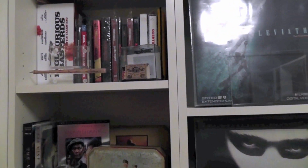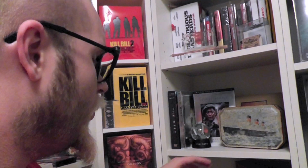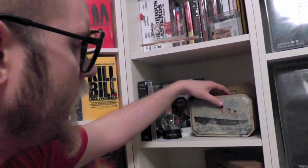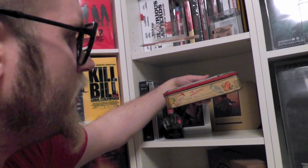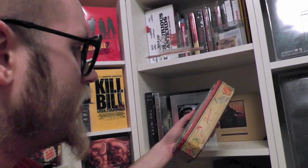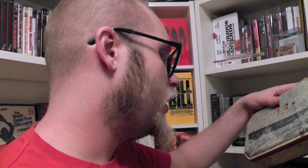Here's sort of a new thing that I did, which is my little Frank Darabont collection. I don't have a lot, but I really wanted to display this, which is my latest purchase, and this is an authentic Benson's Candy tin box. It's a vintage candy box, and this is exactly the same make and model of box that was used in the film, in the big climax scene towards the end of the movie. If you've seen it, you know what this is all about,